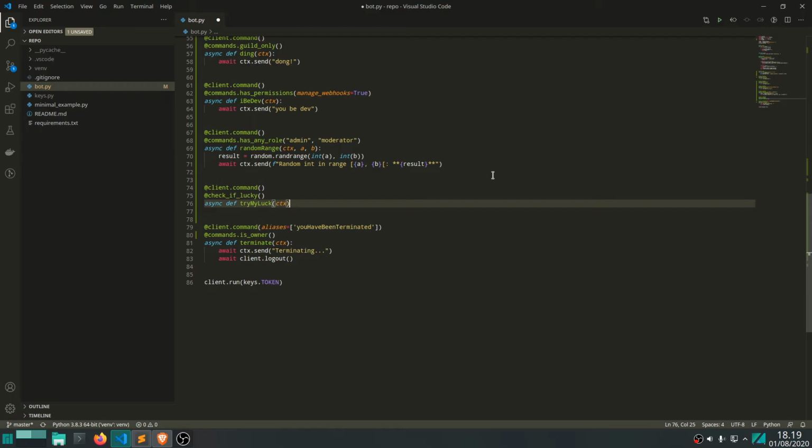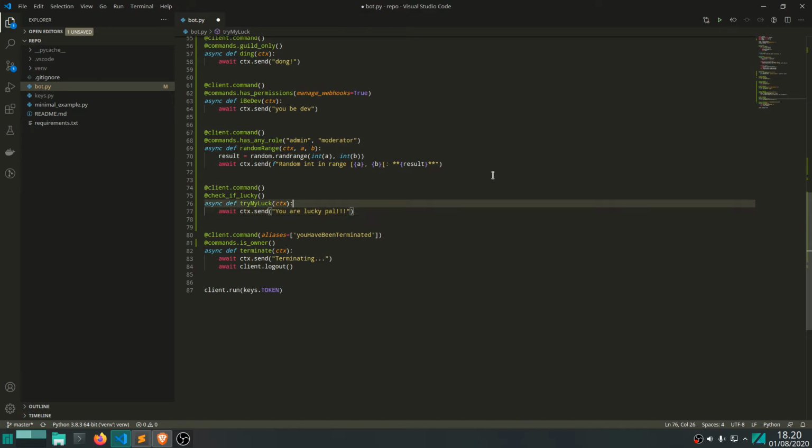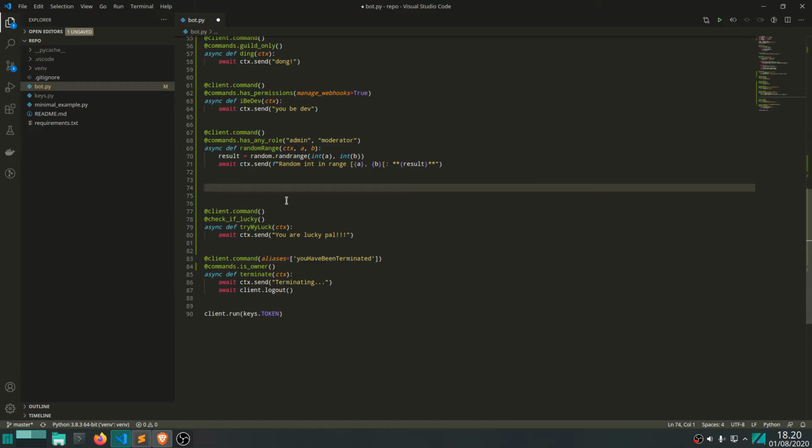And it takes a context as always. And let's just simply send to the person invoking or trying to invoke the command, you are lucky, pal. Exclamation mark, exclamation mark, exclamation mark. Why not? Okay, so this decorator is something we define right here. So just make a function, call it check if lucky. Of course, the name needs to match. And then let's say